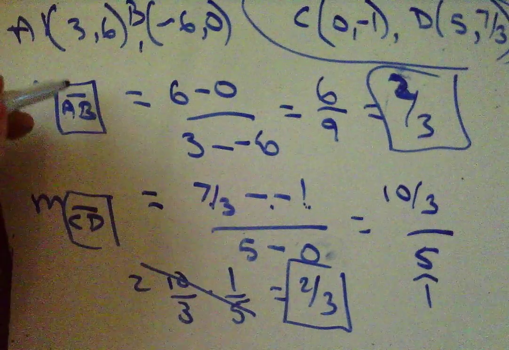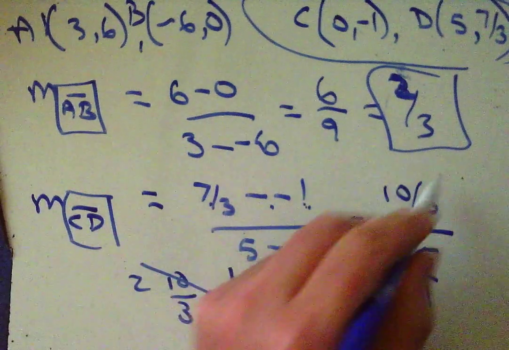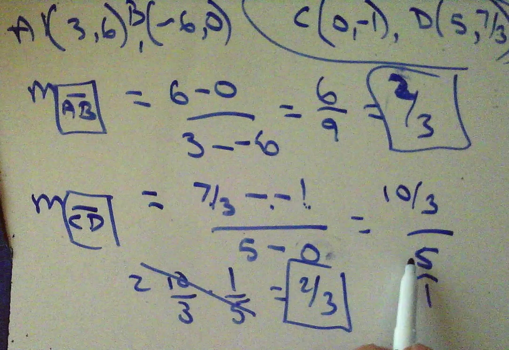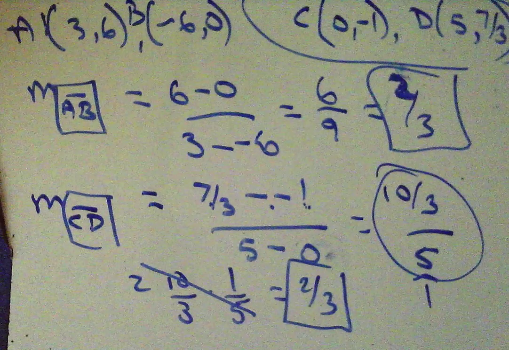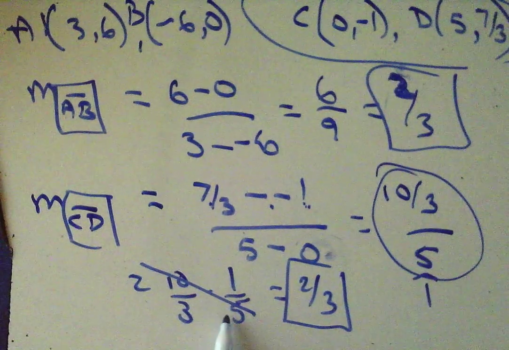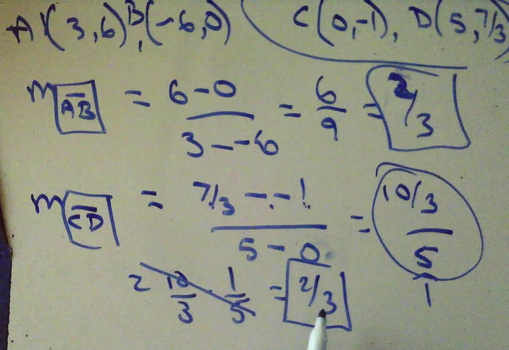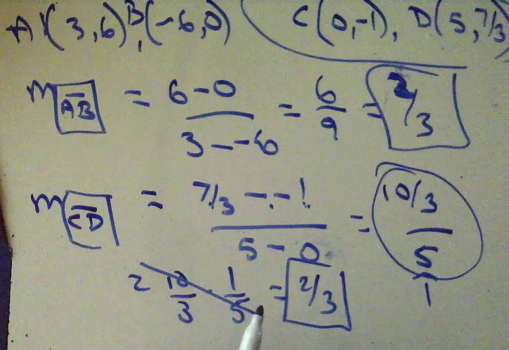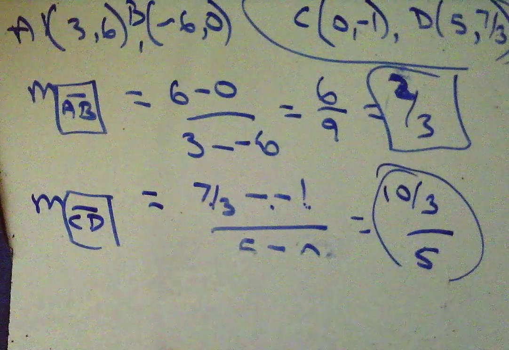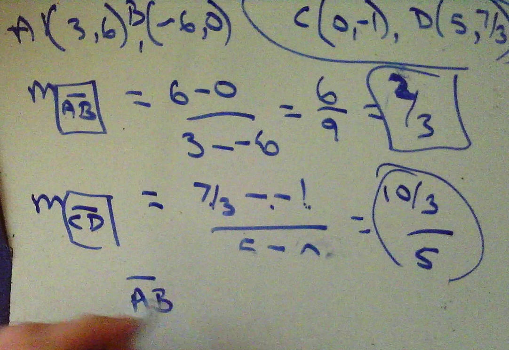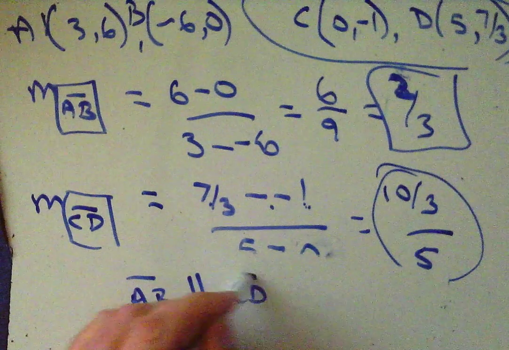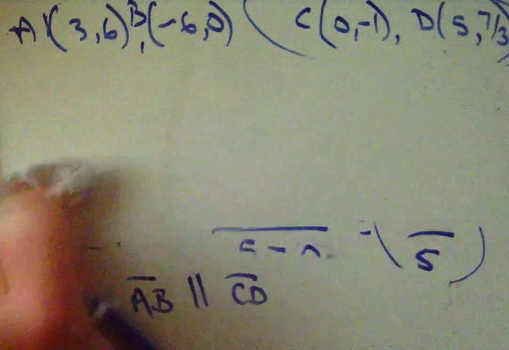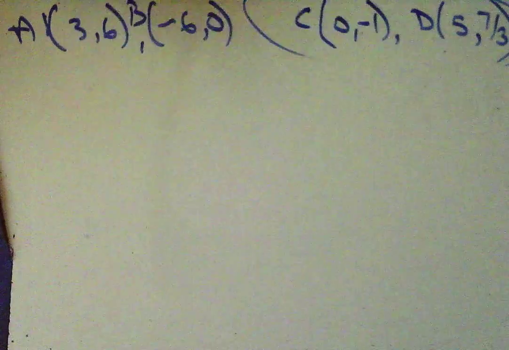Well, because AB and CD have the same slope, and I didn't notice that until I finished simplifying, I couldn't stop here. That's not enough. I needed to flip and multiply and simplify that down to see that, lo and behold, they have the same slope, and therefore I could know that AB is parallel to CD. Okay, those lines are parallel. All right, well, what about